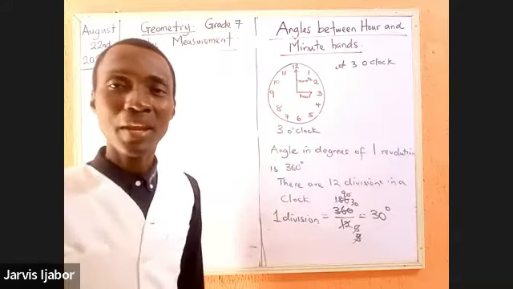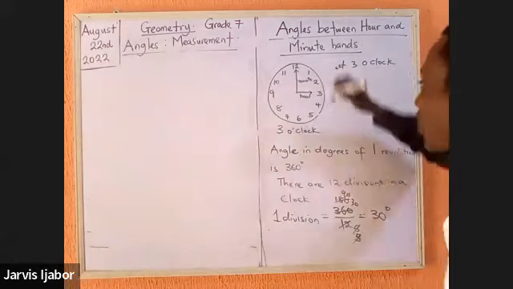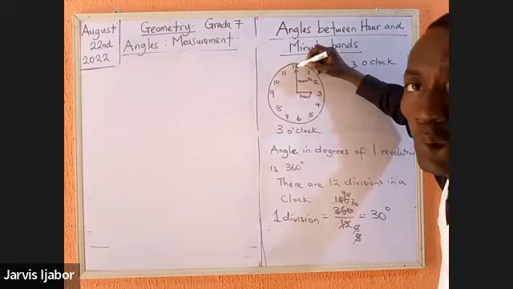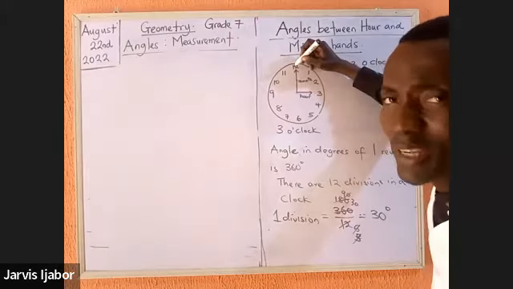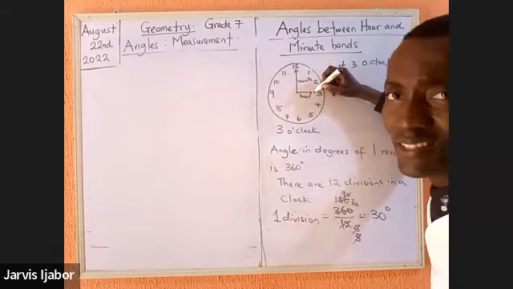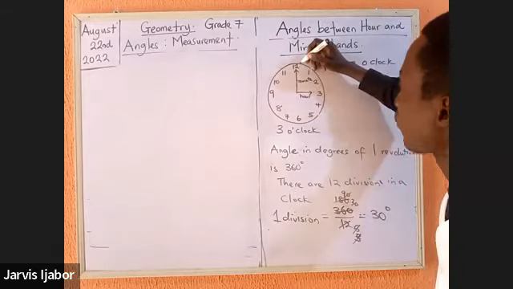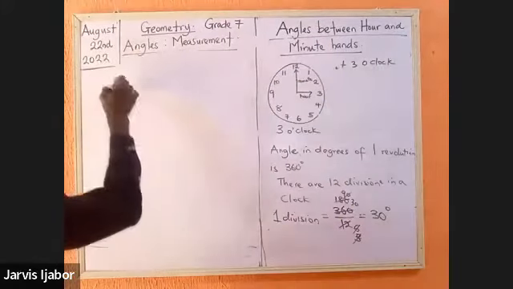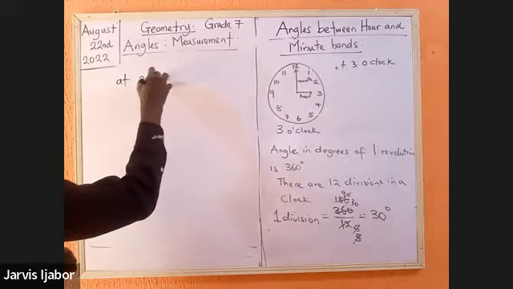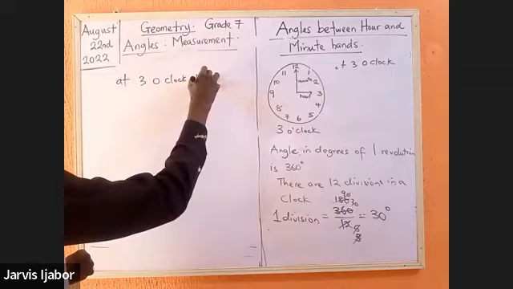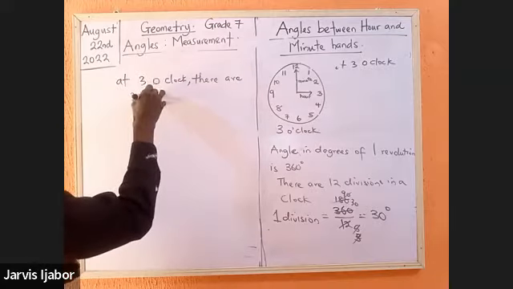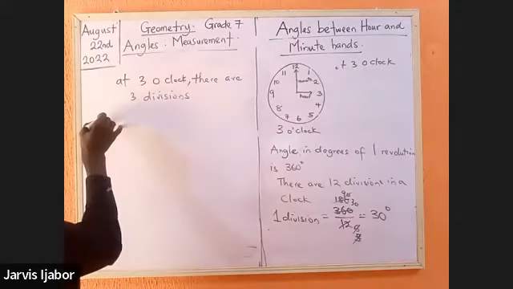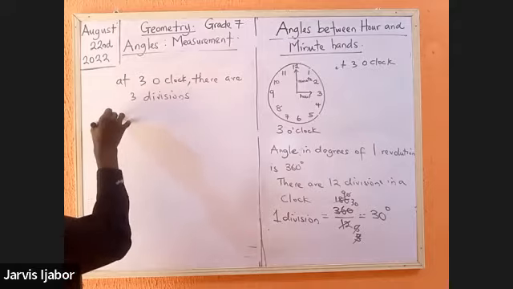Now I come to my clock. I'm asked, what is the angle in degrees between the hands at 3 o'clock? The long hand, which is the minute hand, is at 12. The hour hand is at 3. So I count the number of divisions I can see: I have 1, I have 2, I have 3. There are 3 divisions. So it means that at 3 o'clock, there are 3 divisions, which would imply that